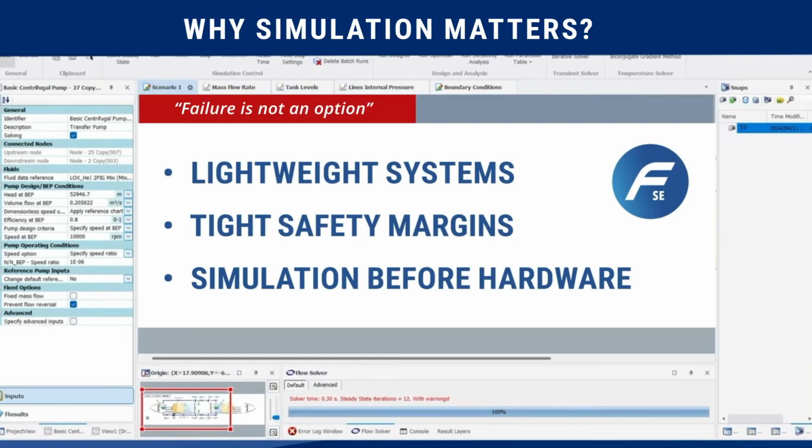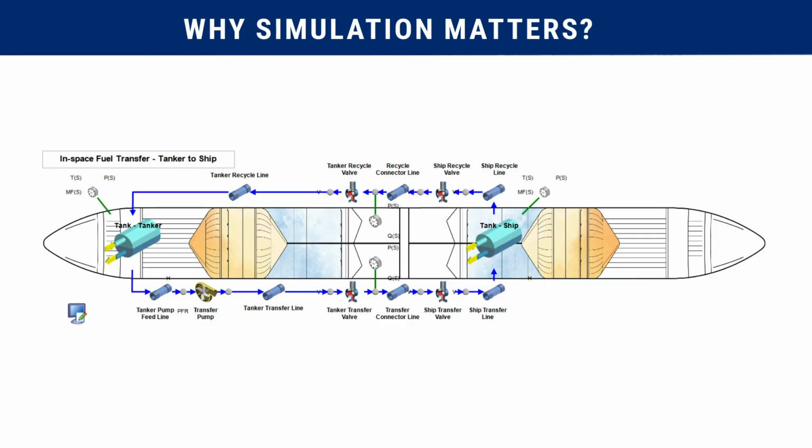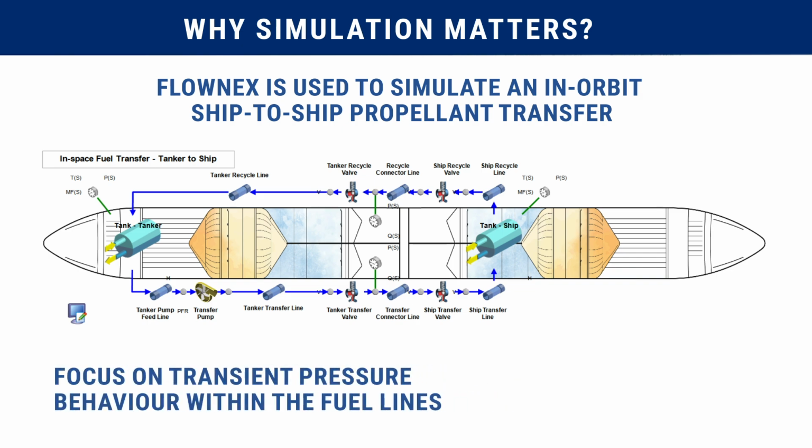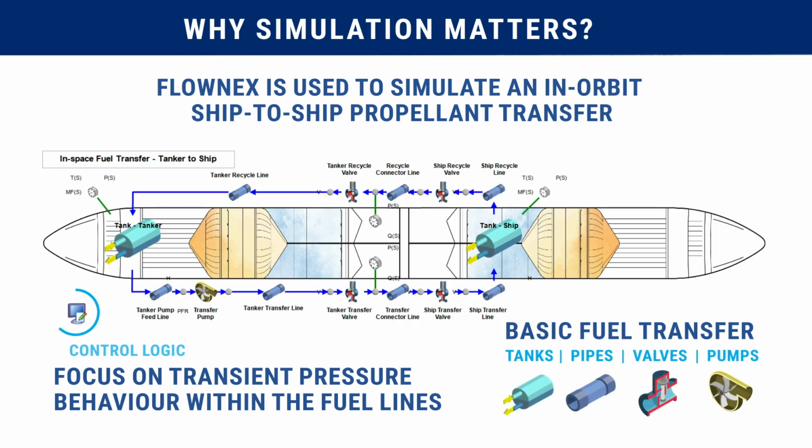That's why engineers rely on advanced system simulations such as Flownex to predict transient behavior before hardware is ever built. In this example, Flownex is used to simulate an in-orbit ship-to-ship propellant transfer, with a focus on transient pressure behavior within the fuel lines. The basic fuel transfer system is modeled in Flownex, including tanks, pipes, valves, pumps, and control